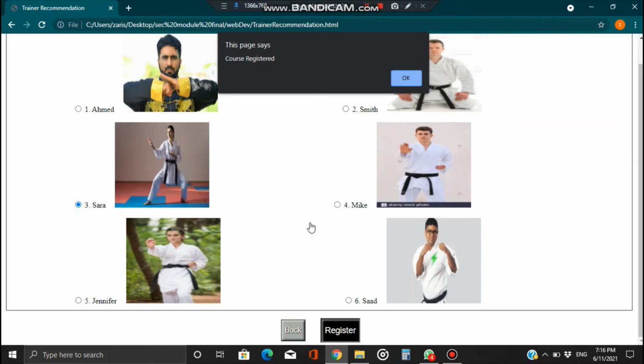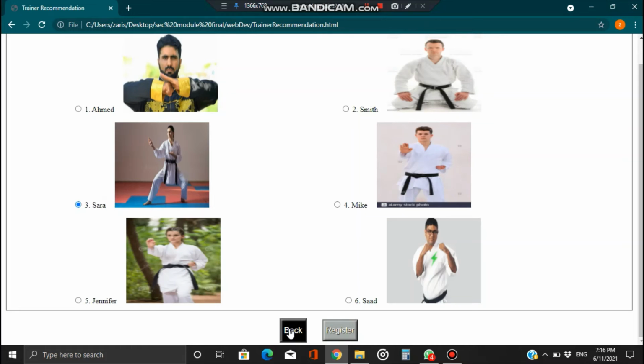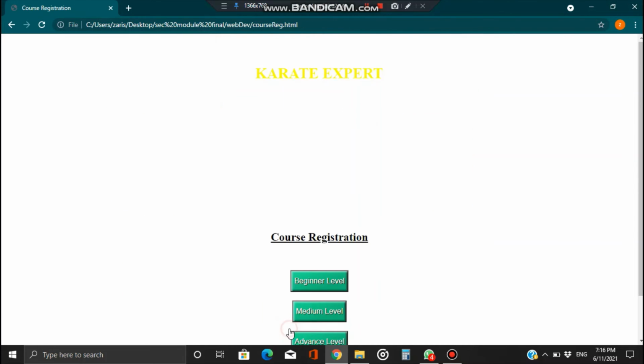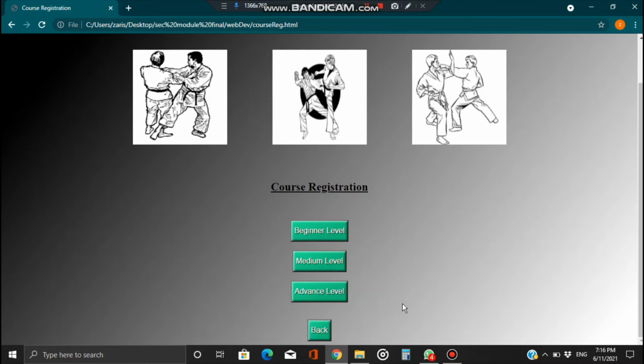Then when you press OK, there's a functionality on the back function that takes you to the main page.